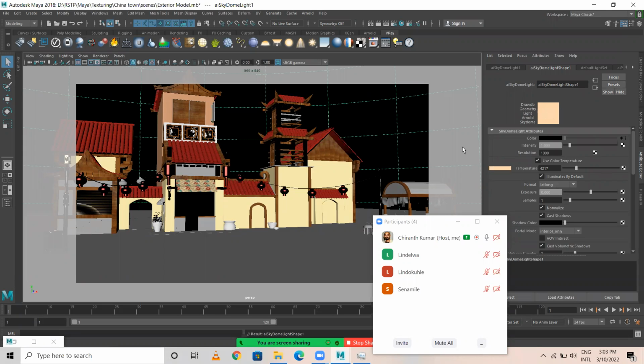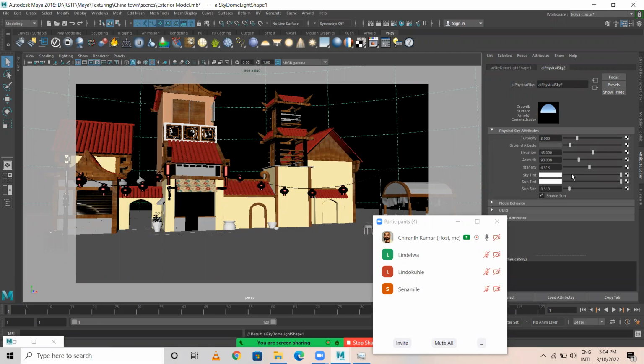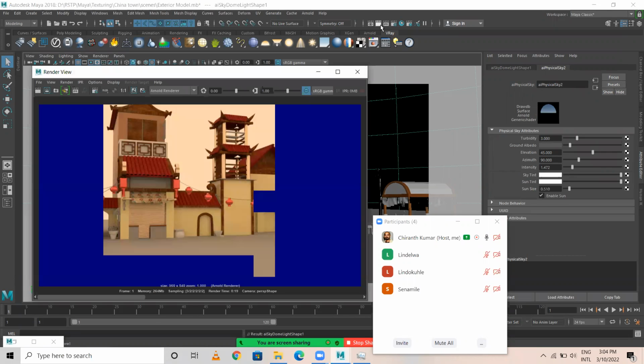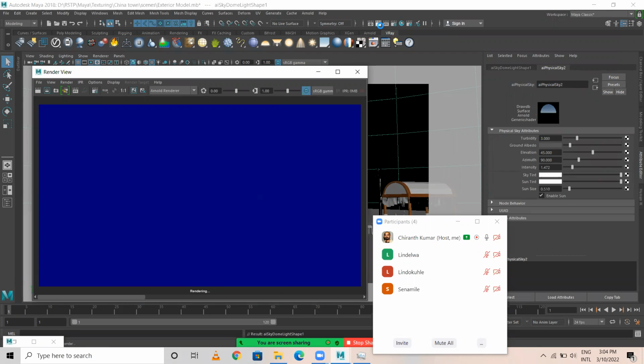Press up arrow, select this, press up arrow down, click on this. I think the intensity was a bit on the more side, so I reduced it. I'll take a render. Okay, you're getting an output.